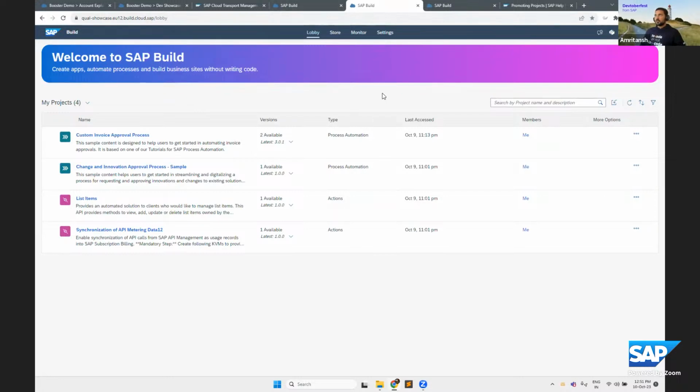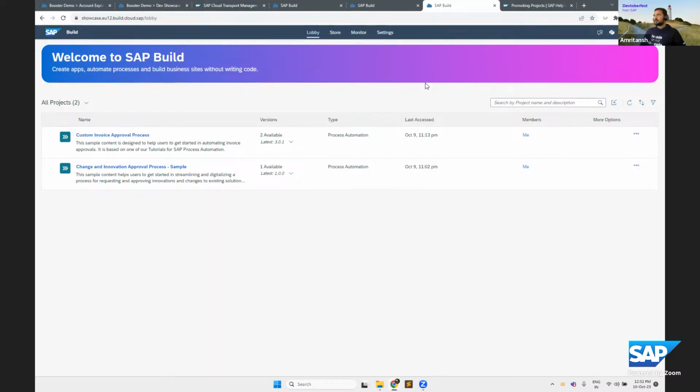Now, just to go over the production landscape, this is the production tenant, where there are fewer projects as compared to the dev and test ones, because only after the QA has validated all the changes in the test landscape, we allow the content to move to the production tenant, as per the multi-tier principle which Tarun spoke about already.